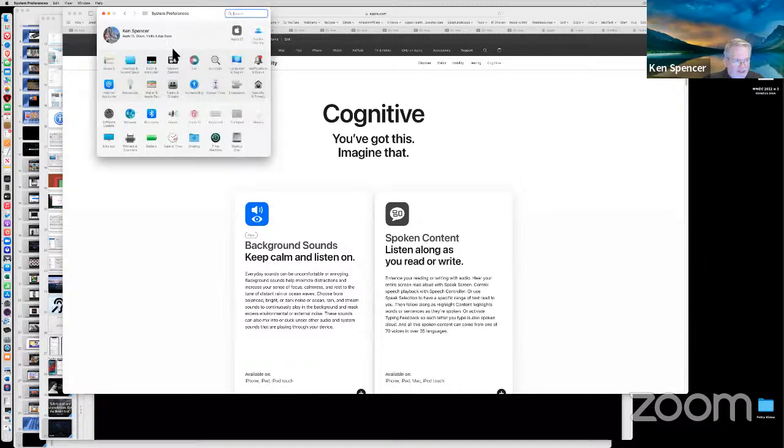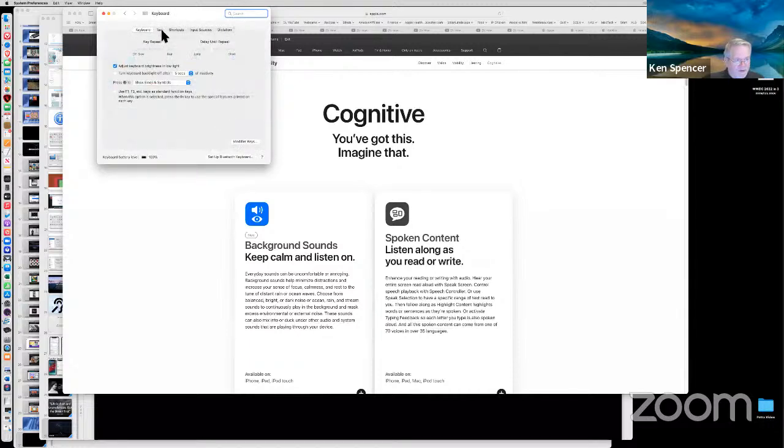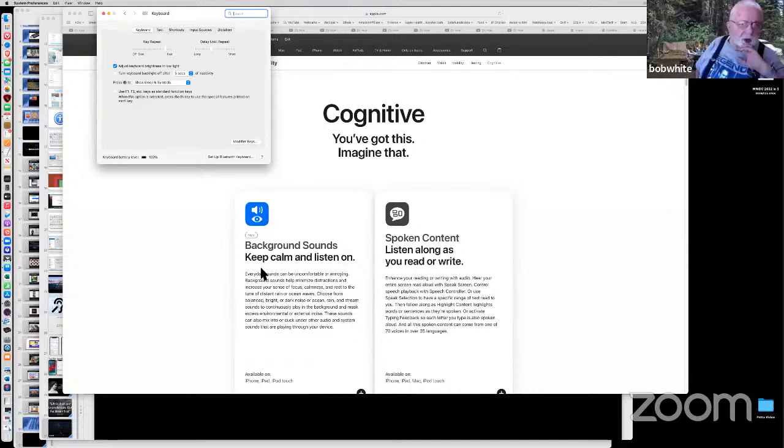But the other one is keyboards. Let me see if it's in here. So there's a command to zoom your screen in, and you can tell me if this works on this. If I hold Control and I scroll, is that moving on the screen for you guys, or is it the same size? Is the screen getting larger or smaller for you guys? Stays the same. Okay, but on your computer, if you do 2-finger scroll or Control scroll, it zooms your